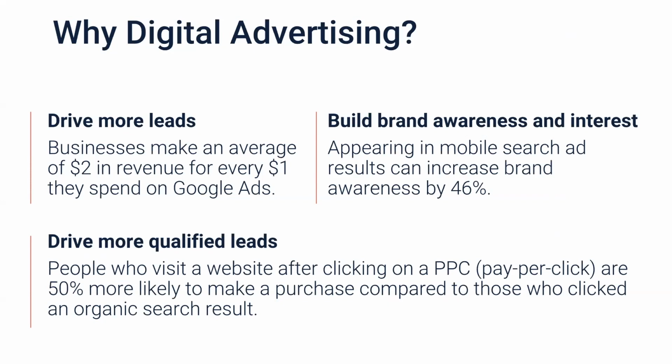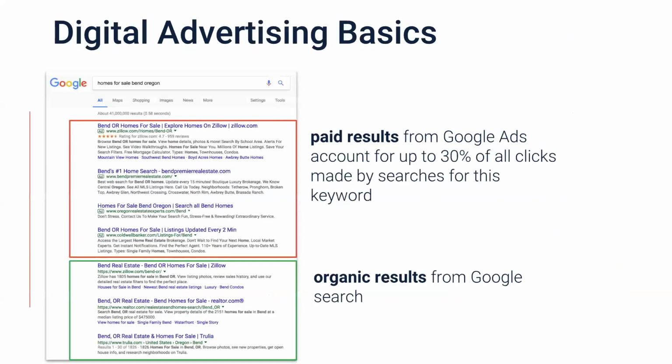But what is it? I mean, digital advertising, like I said, can be pretty confusing. So there's many options available to us. Many people, when they think of digital advertising, they go straight to PPC or search advertising. That's what you see on the screen now. And that's really kind of separated into two groups. So you have your organic results and you have your paid results.